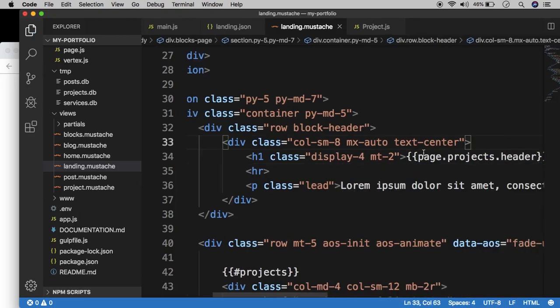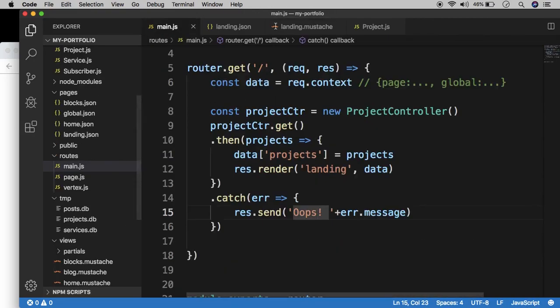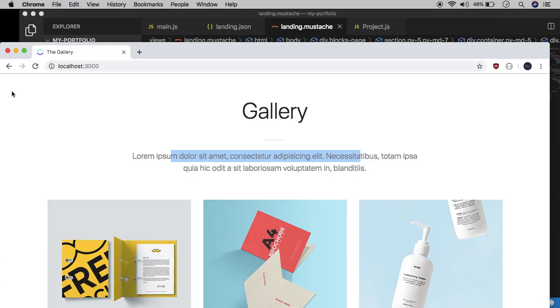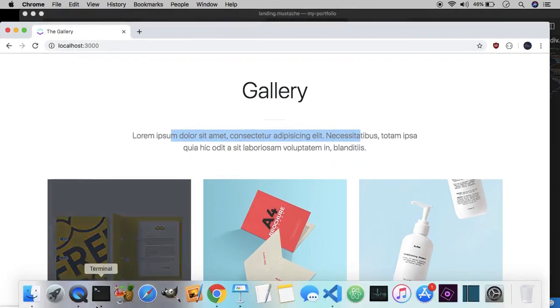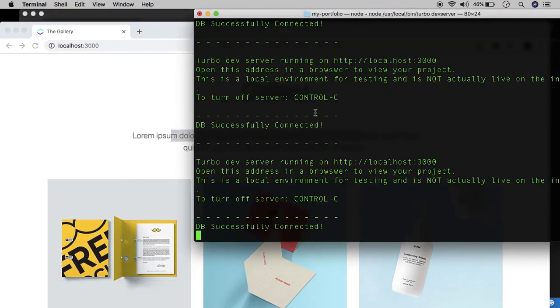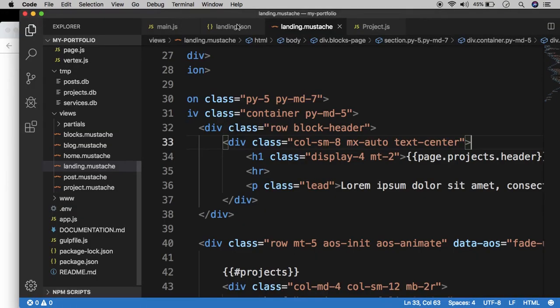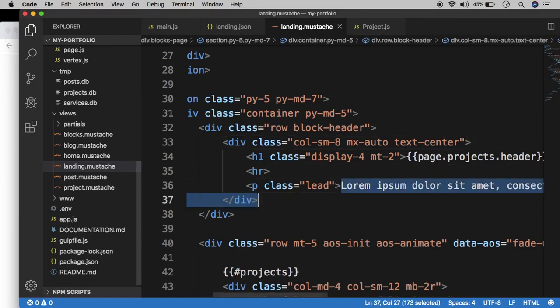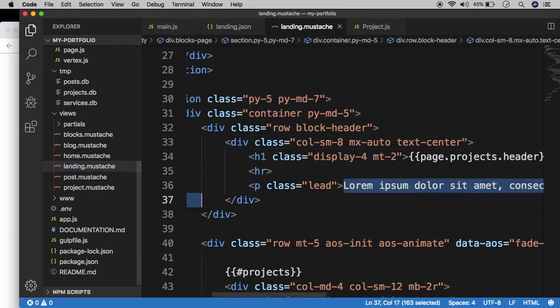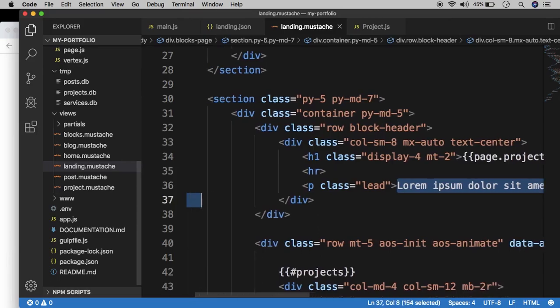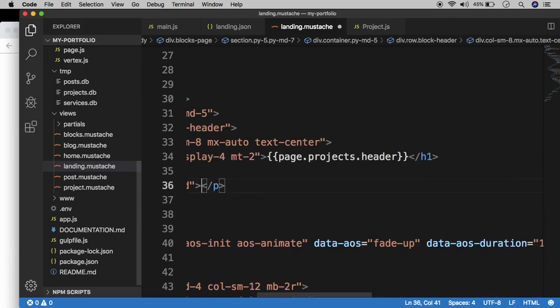So the page key is what's provided to us by Turbo automatically inside this route. So don't forget that. And then if I reload, after I relaunch the dev server, actually it's still running, it now says my projects. And then I can go into this lorem ipsum text right here and remove that and replace it